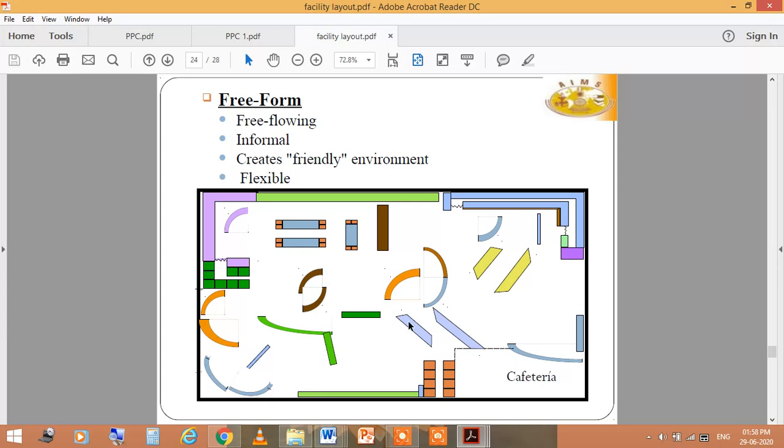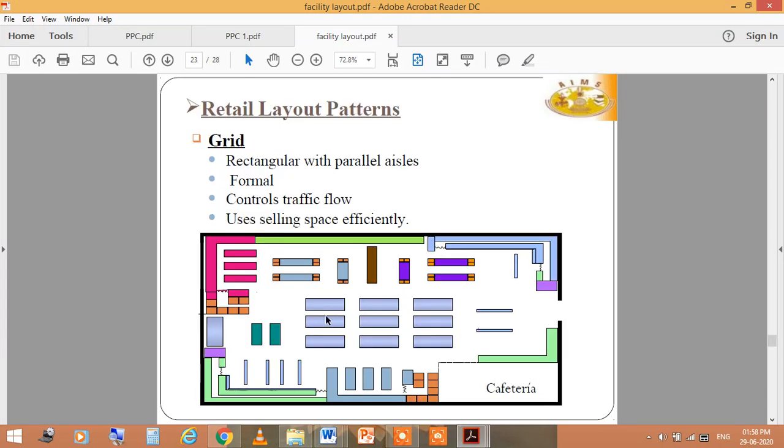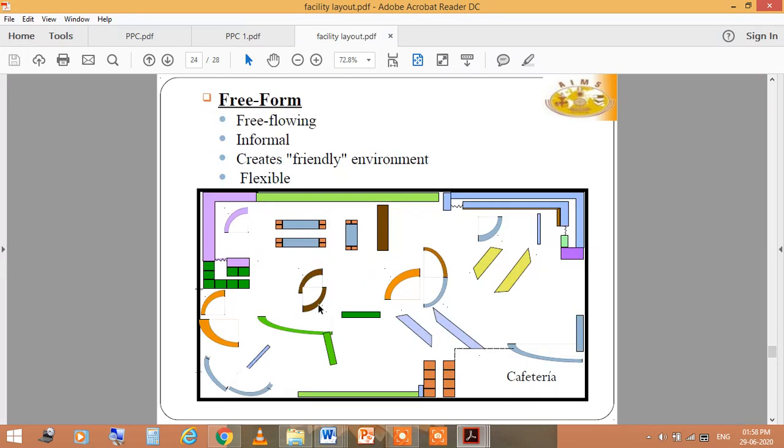Now this is a free form layout. There's no symmetry, whereas compared to the grid there is some symmetry, with parallel and horizontal arrangement. See, the cafeteria is like this, but it looks messy, because wherever the space is required, things should be placed.